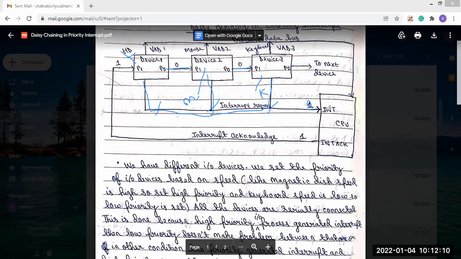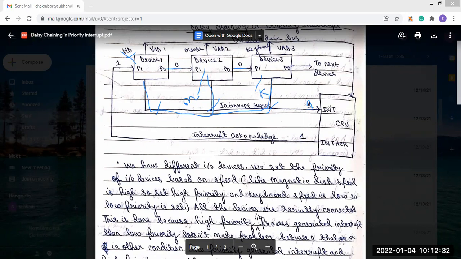It is only able to know that among these three devices, a device is generating the interrupt signal, and that's why the signal 1 came to me, so an interrupt is generated.